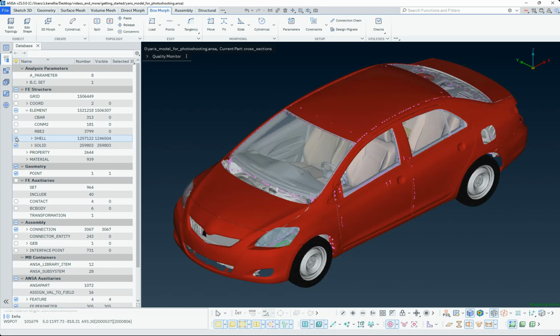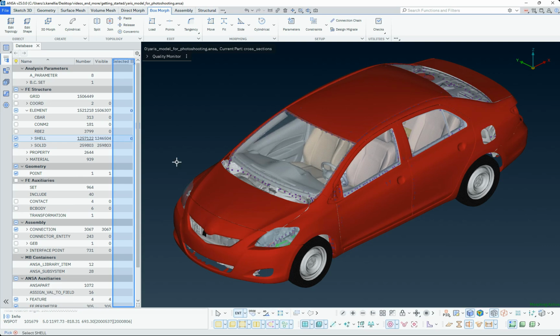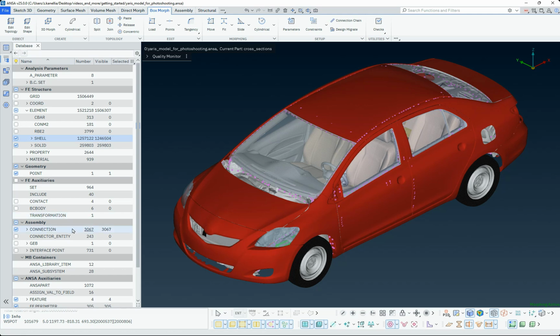The right column, Number, displays the total number of entities of each category and type. The Visible column shows the number of visible entities on the screen, while the Selected column shows the number of selected entities. ANSA entities, such as geometry, ANSA parts, connections, etc., also appear in the database browser list.